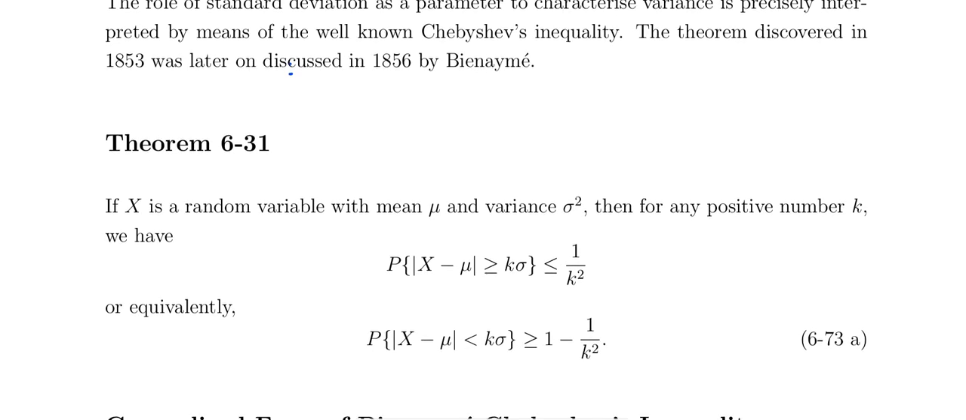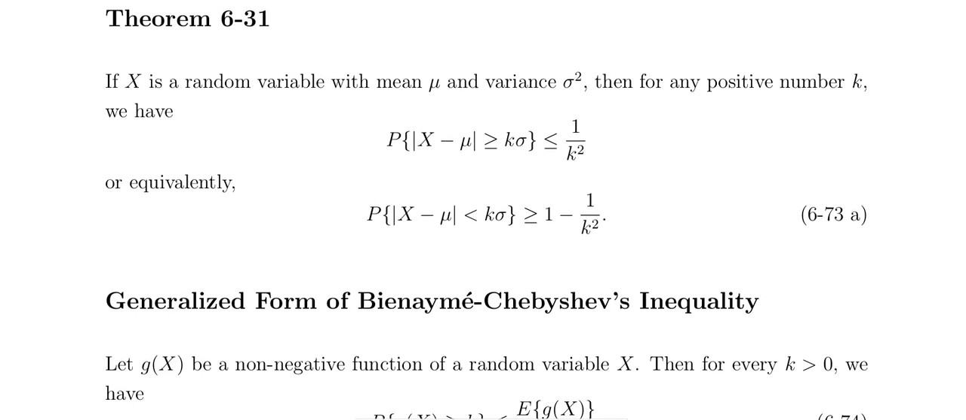Then X is the random variable with mean mu and variance sigma square. Then for any positive number k, the probability of mod of X minus mu greater than or equal to k sigma is less than or equal to 1 by k square. That inequality plays a very important role. So that is called